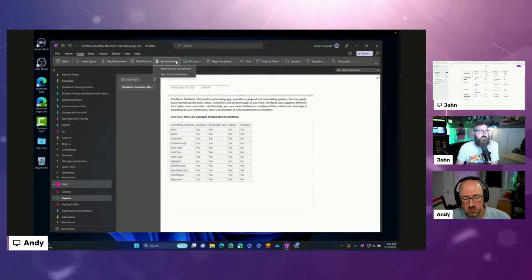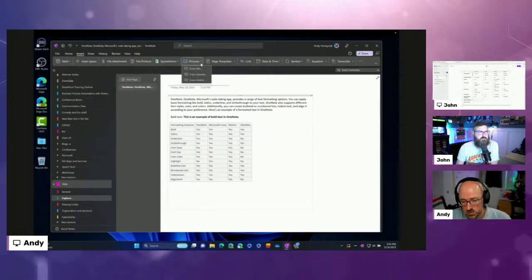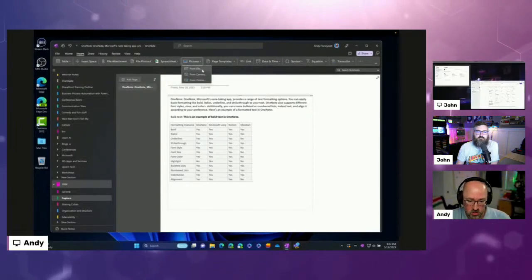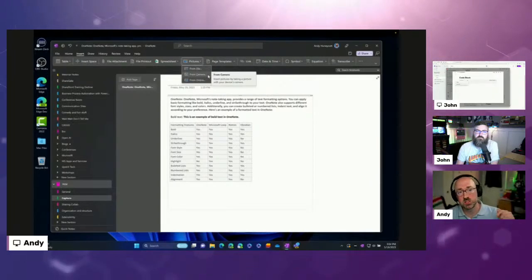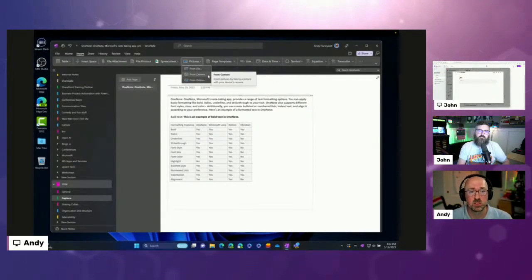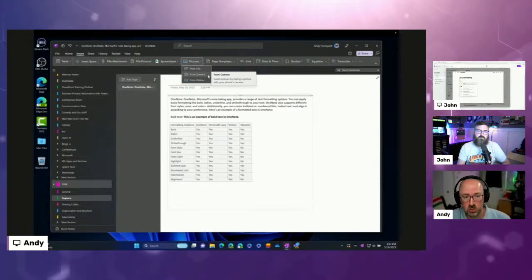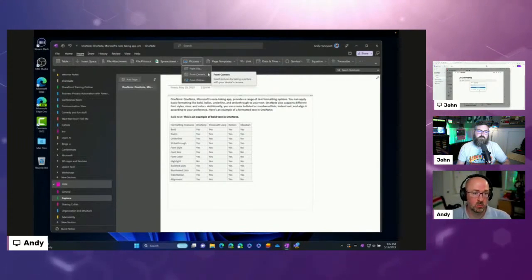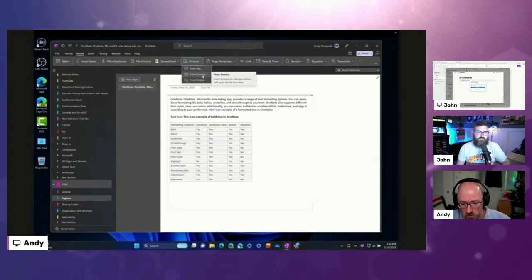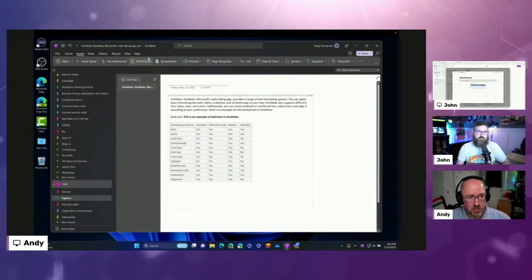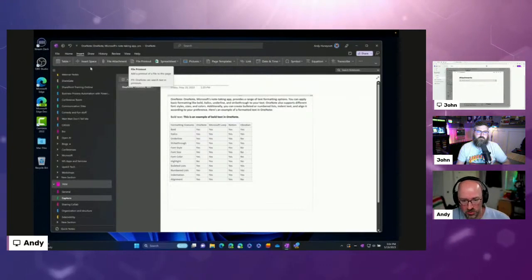You can insert spreadsheets, an existing spreadsheet, or you can go ahead and create a new one. You've got other insert options, for example, dropping in pictures. You can take advantage of the camera that's built into the system with no plugins. And I think that's something that some of the other apps you have to be aware of. You might have to install a plugin for something like Obsidian in order to capture from the camera, versus this is built into the app and it's going to use the local system. In this case, my MacBook, or if I'm on my iPhone or my iPad, it's going to use that built-in camera.